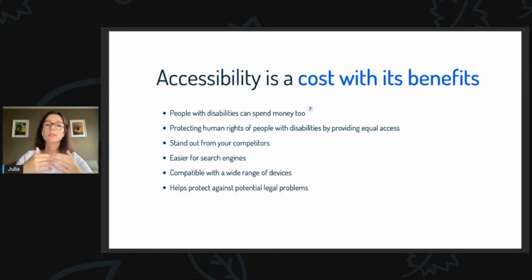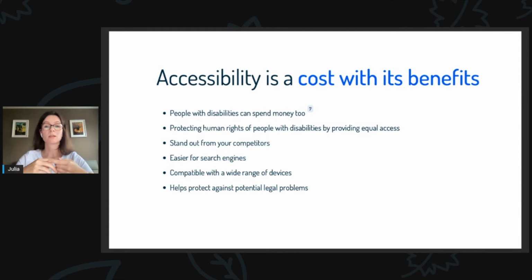If people with disabilities can access your website, and if they like what you offer, of course, they are likely to buy it. But if they can't access your website, it doesn't matter much if they like what you offer because they can't go through the buying process. So accessibility benefits your bottom line.